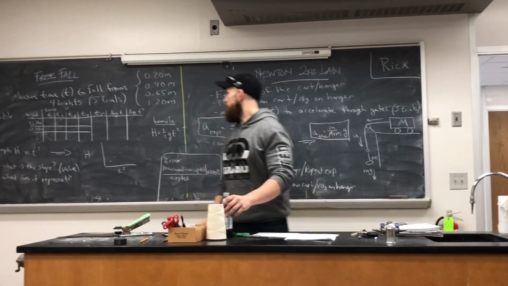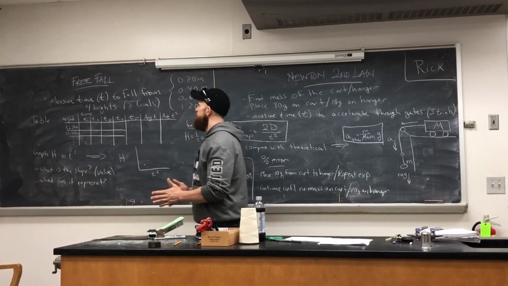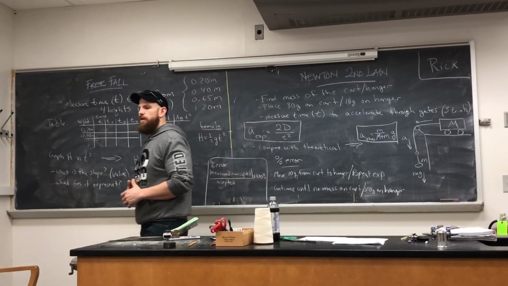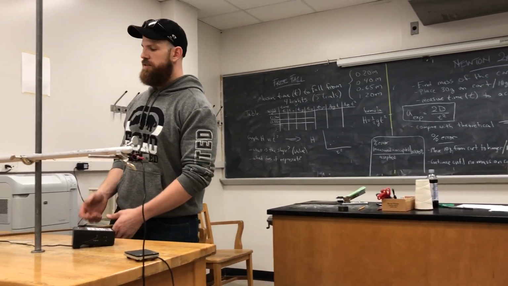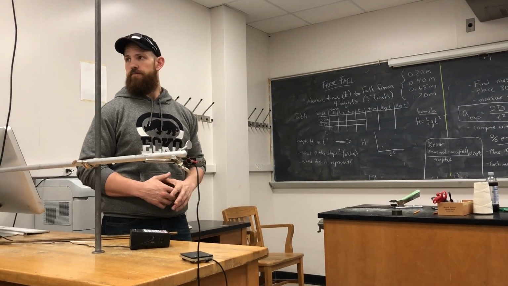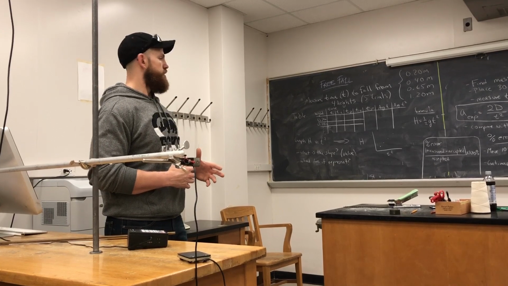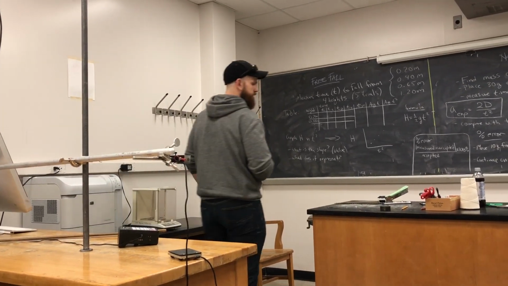All right, guys, so let's talk about the two experiments you'll be doing today. The first one is free fall. The objective of this experiment is we're just going to drop a marble from varying heights and measure the amount of time it takes to fall those heights. We're then going to graph the height versus the time squared value, and in doing so, calculate the slope of that graph, and I'm going to be able to tell you what it represents,